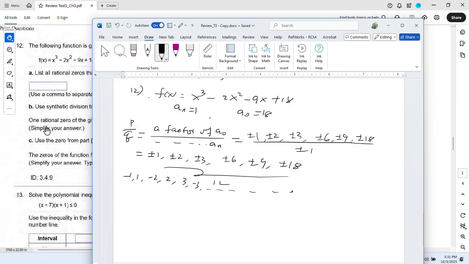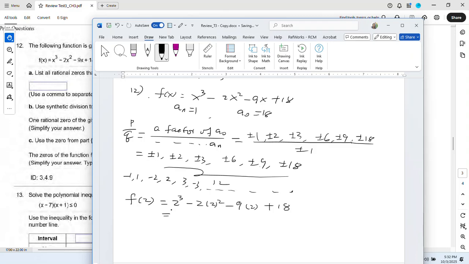And then you use the zeros to find any one of them, right? And one thing is, if you don't like to do the synthetic division, you can go check f of 2, right? So look at it. This is called the remainder theorem. So if I have 2 cubed minus 2 times 2 squared minus 9 times 2 plus 18,